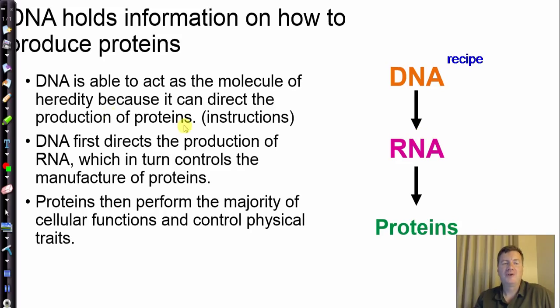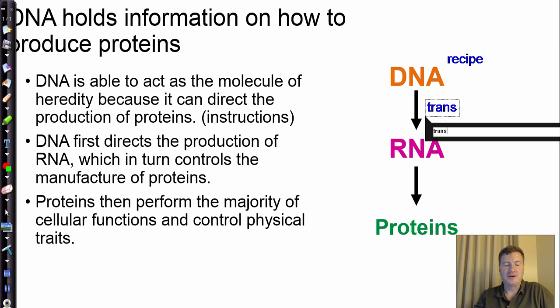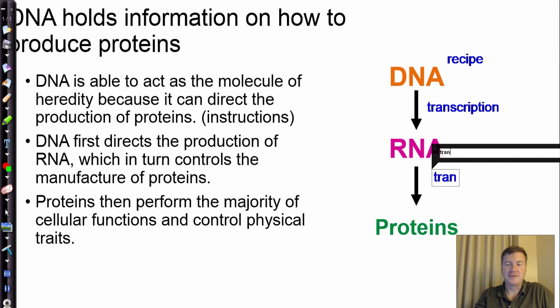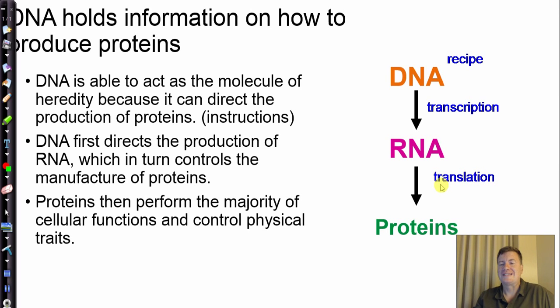You'll see in your book, and I'll go ahead and give you these terms just so you've seen them, that there's two processes here. There's one process called transcription, and that's where DNA is made into an RNA version of itself. And then in the cytoplasm, the RNA is translated into a protein. We're not going to deal with the details of this, trust me. But I do want you to understand that DNA in the nucleus is going to make an RNA version of itself, and then the RNA version is going to be translated and made into a protein.